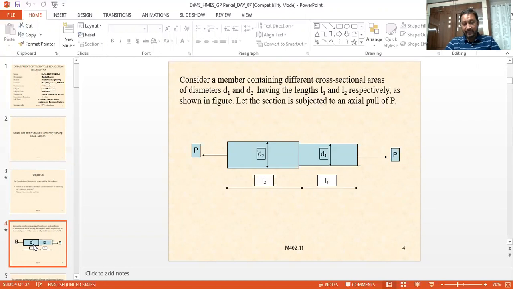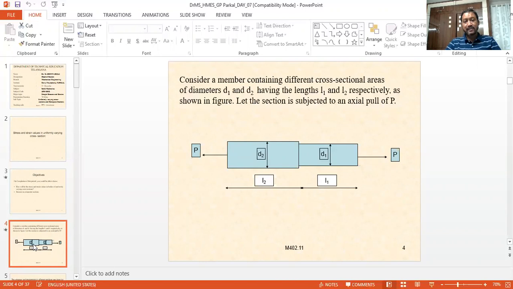If a body has the same diameter throughout its length, it is called a uniform bar. So it has a constant diameter, the same diameter throughout its length. On the other hand, if the diameter changes over the length or the cross sectional area changes, then it is called a uniformly varying cross section. For example, in this figure,